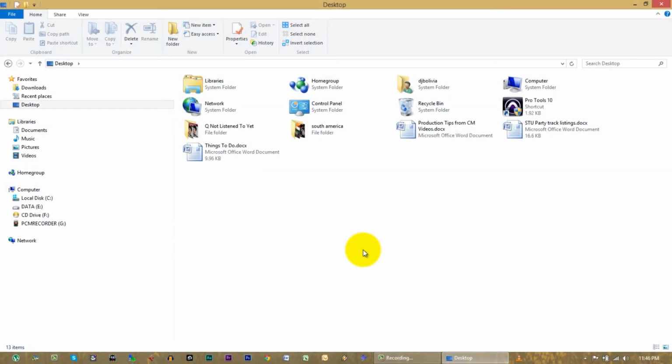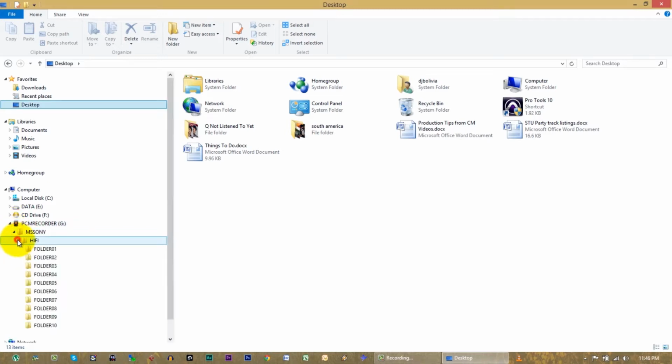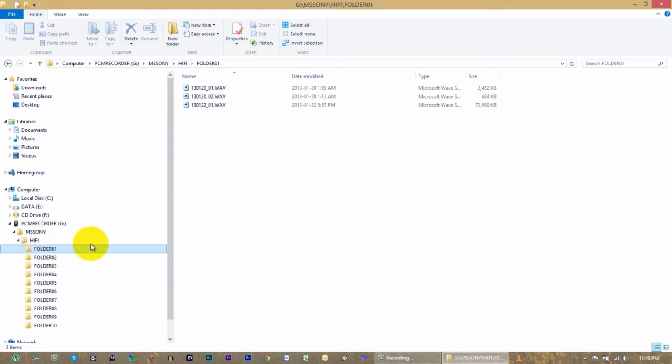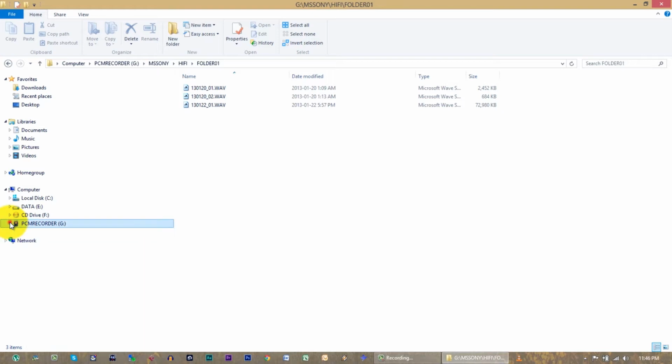and as I turn it on, you can see that the PCM recorder has just shown up here in Windows Explorer, and similar for Mac, I'm sure. Anyway, open it up, dig down, and essentially you'll see a folder there eventually, and you can see I've got some different files already there on the wave recorder. Okay, I'm going to actually turn that off again right now because I've already dumped these.